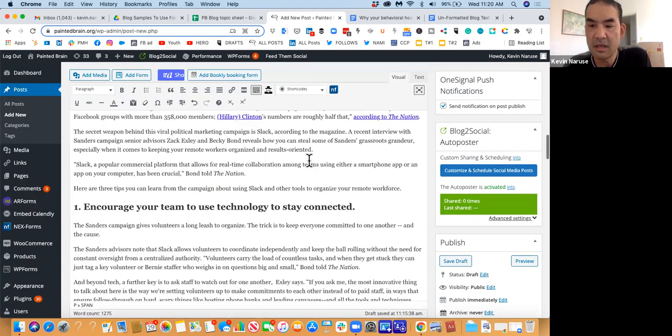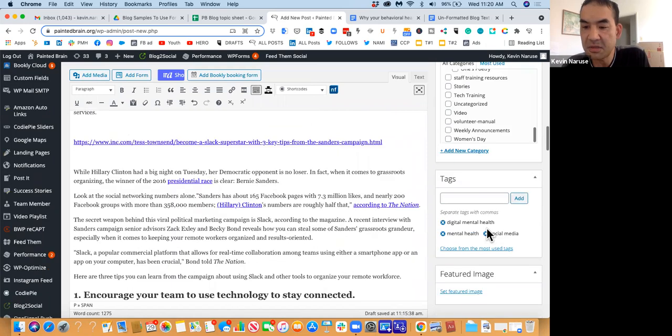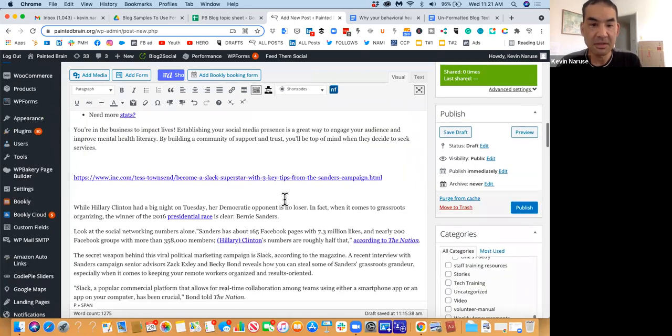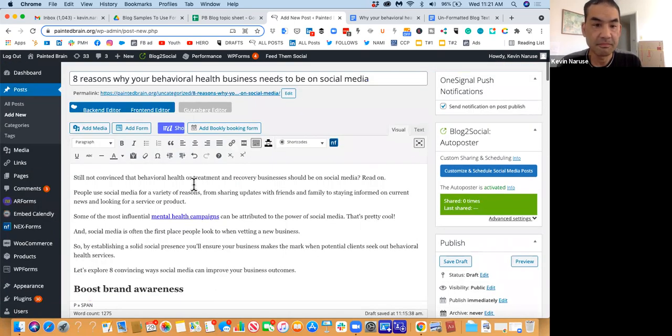Okay, and then keywords. I see a couple of keywords here. One of them is mental health, digital mental health. So I'm going to look for mental health. Okay, behavioral health comes close. And remember, Google has artificial intelligence. They can approximate words and know what synonyms words are. So a lot of times, if you make a typo, do you notice they spell it for you? If you do a Google search, has anyone experienced that?